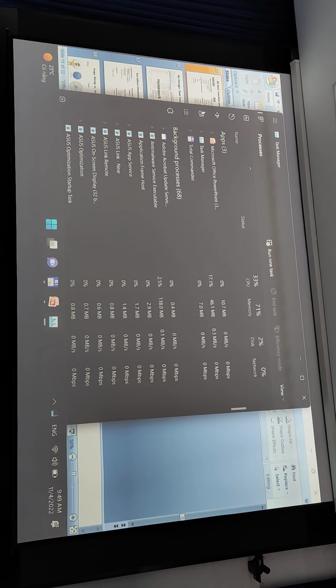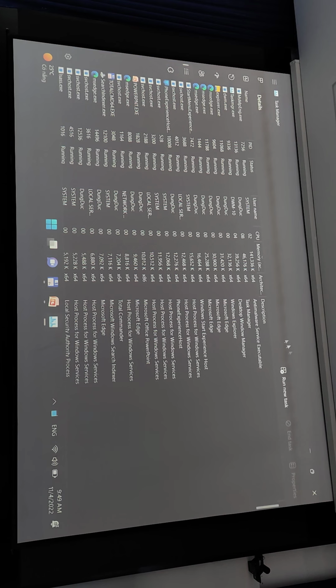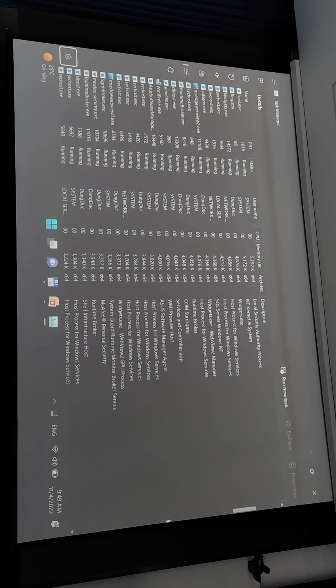Some processes connect with Microsoft to check whether a new service or new program is available for the operating system.